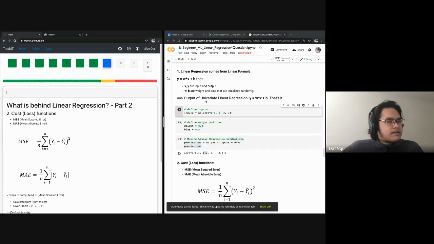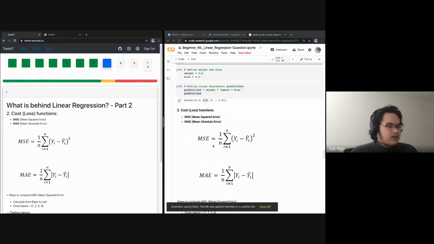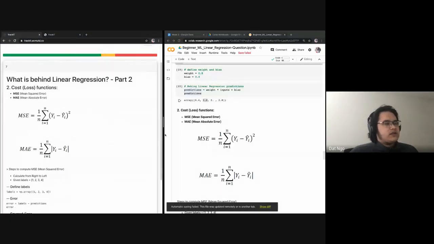In the first step, the linear regression model will initialize weight and bias randomly, and then it will make random predictions as well. That's how it works, because initially the model, or the software, is, I would say, stupid. It doesn't know anything. So in order to teach it how well or how badly it performs, we have to compute loss. So here I introduce two